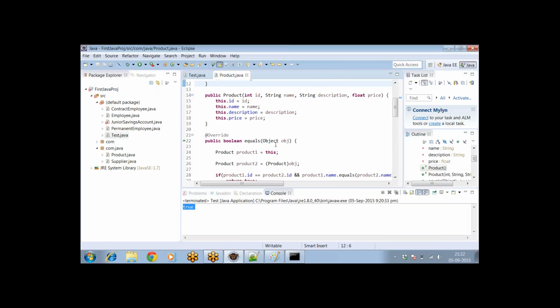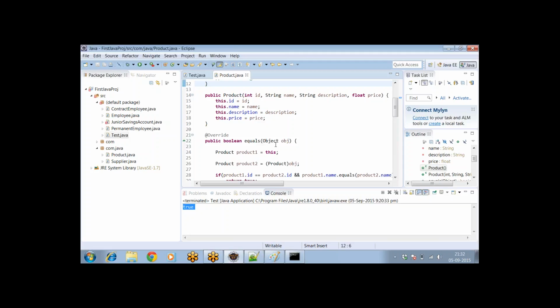If you can just recollect the concept of overriding as I told you people, a subclass can implement its own functionality by overriding the superclass method, right? Now, in this case, the product class overrides the equals method